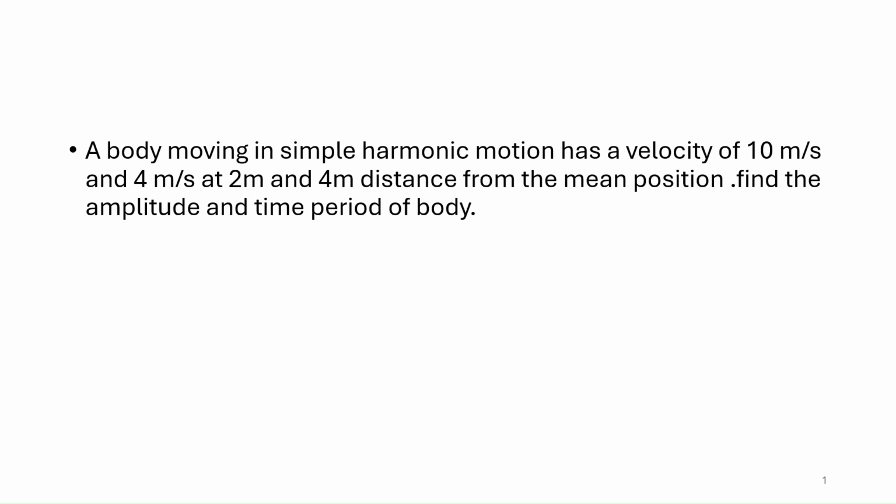A body moving in simple harmonic motion has a velocity of 10 meter per second and 4 meter per second at 2 meter and 4 meter distance from the mean position. Find the amplitude and time period of the body. This is our question. It is given that at x is equal to 2 meter, the velocity v is equal